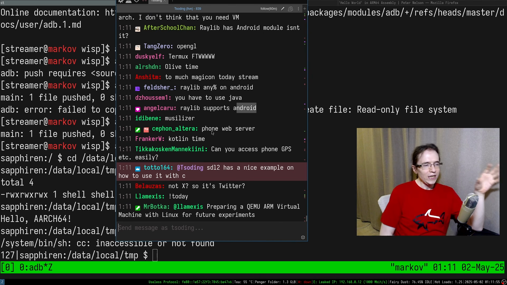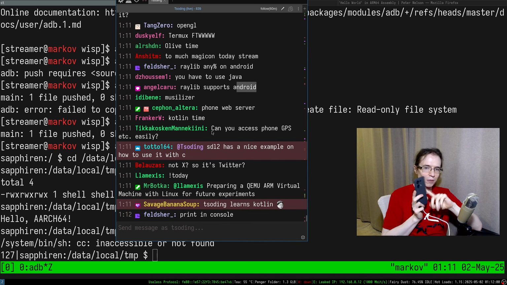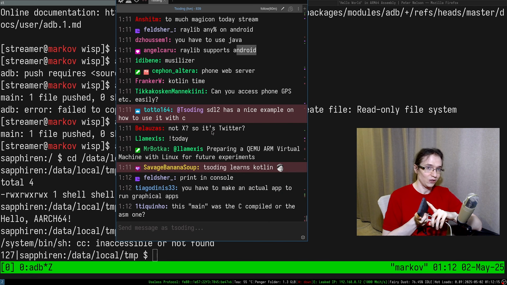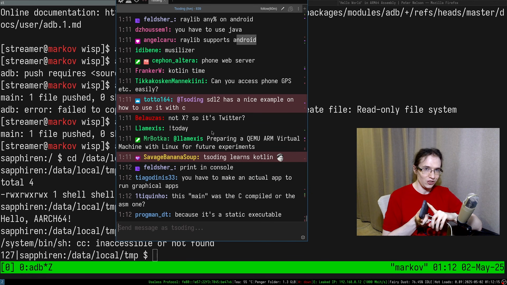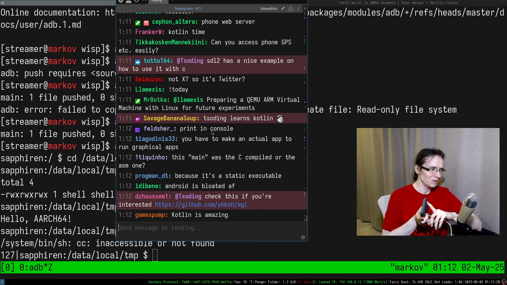Listen, chat. This is very important. We created an executable that just ran natively on my actual hardware phone without the Android SDK. Without the Android SDK. This is what makes it so fucking cool and exciting. We didn't use any fucking stinky Android SDK. We compiled it with GCC inside of a QEMU virtual machine. This is so freaking cool.